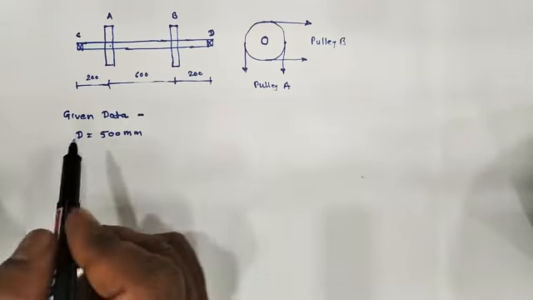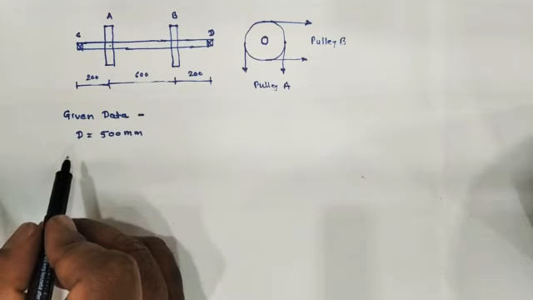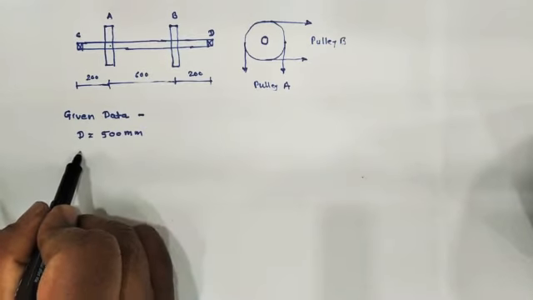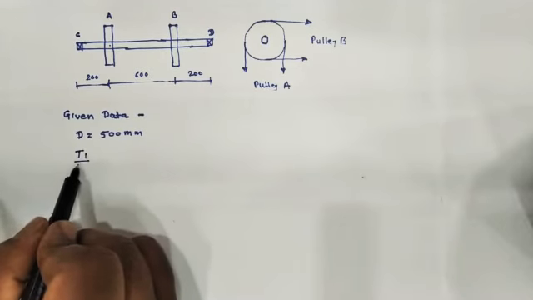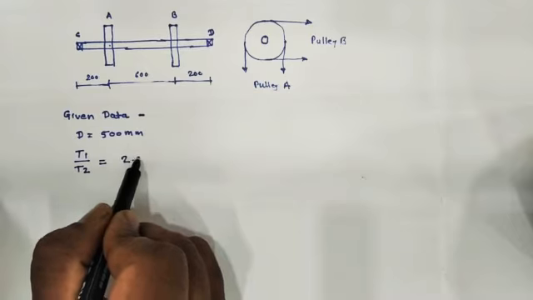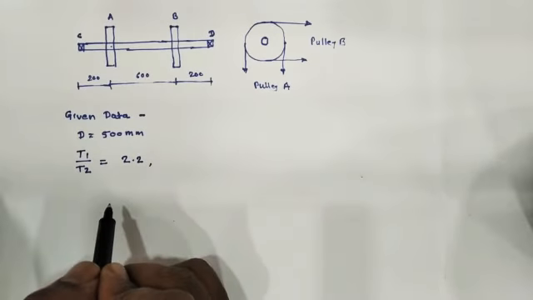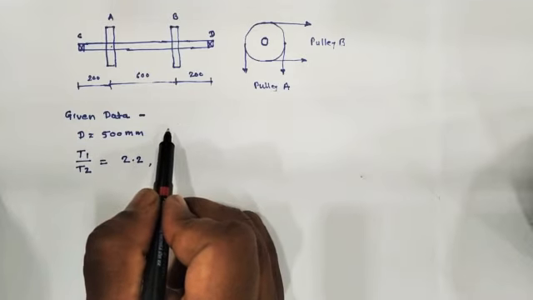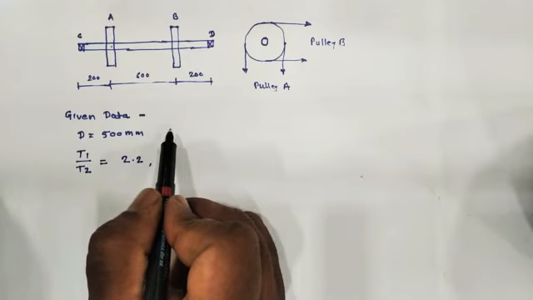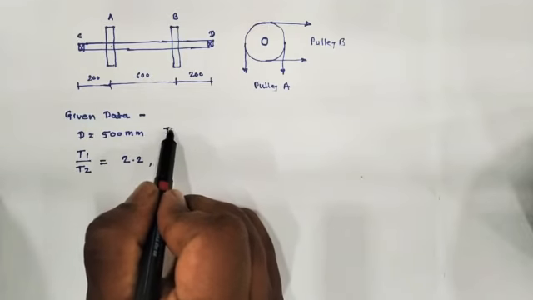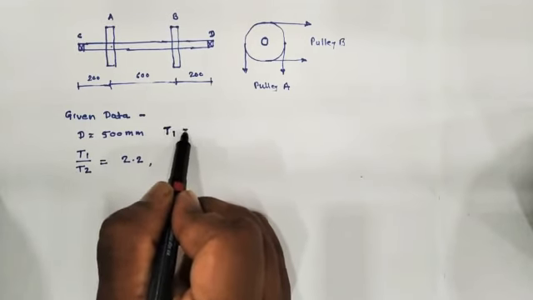In addition to that, we have the given data. The ratio of belt tension, T1 upon T2, is given as equal to 2.2. Okay, this is another data we have. Another data we have is the maximum belt tension in a pulley, that is T1, which is given as